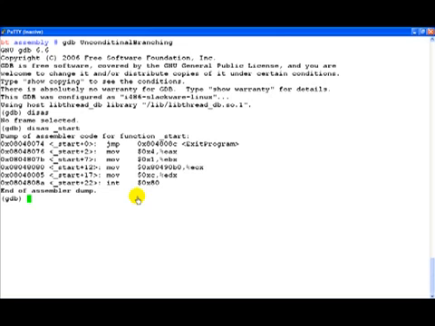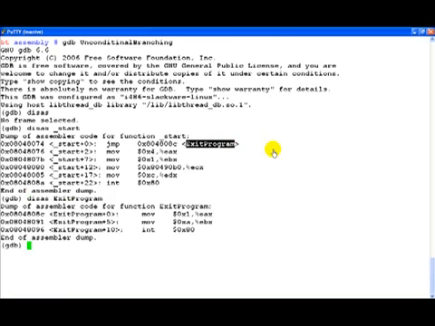If you notice, we've disassembled from the start label, and immediately we see a jump instruction into the exit program label. So let's disassemble the exit program label as well. And of course, as expected, this is where the program actually exits.